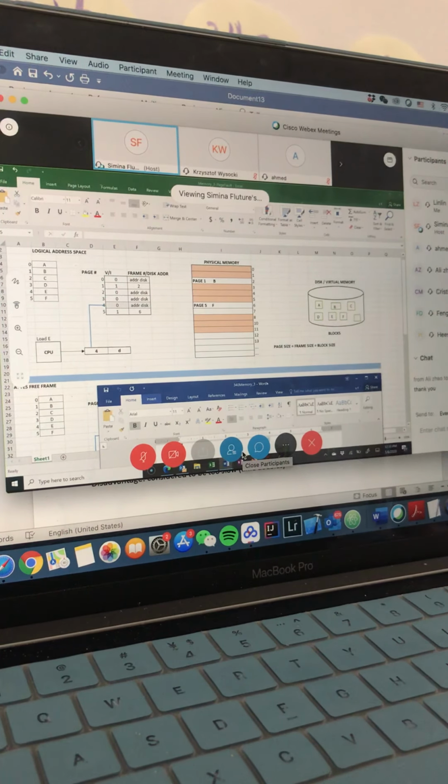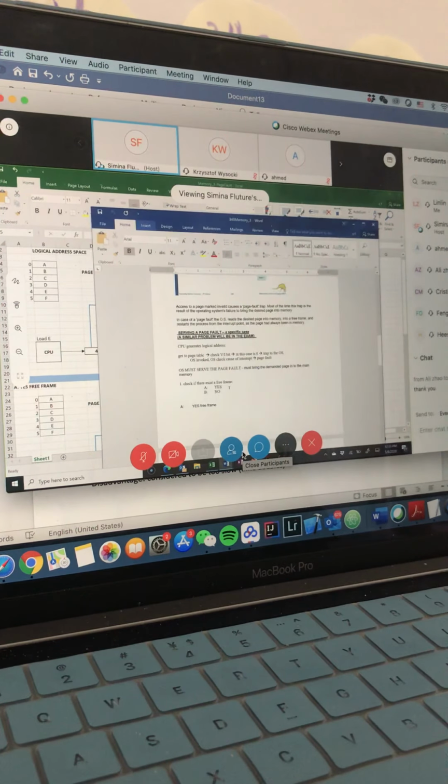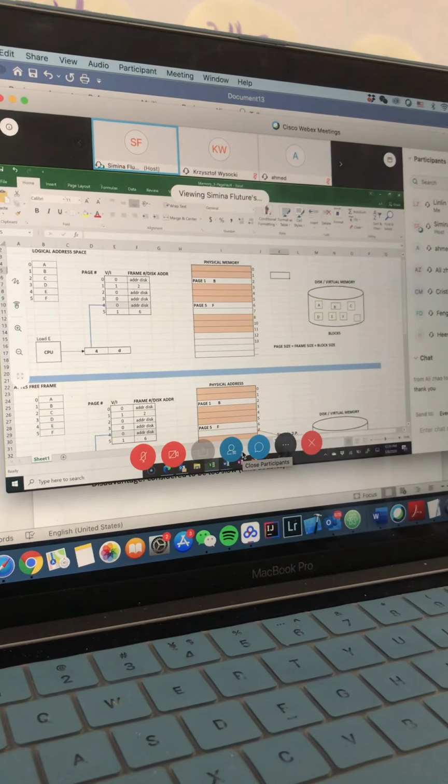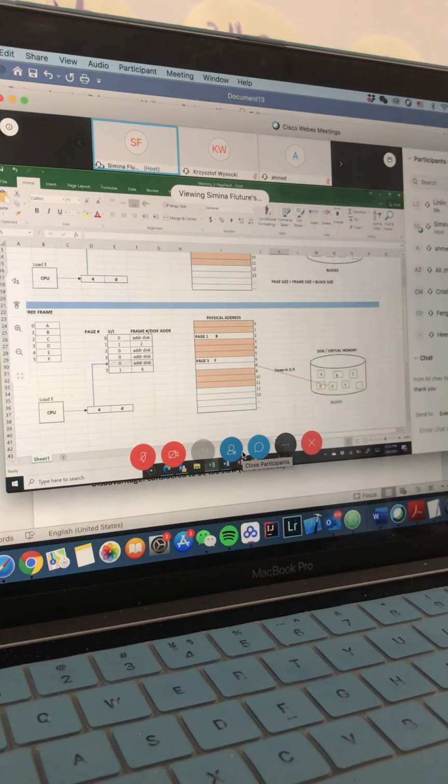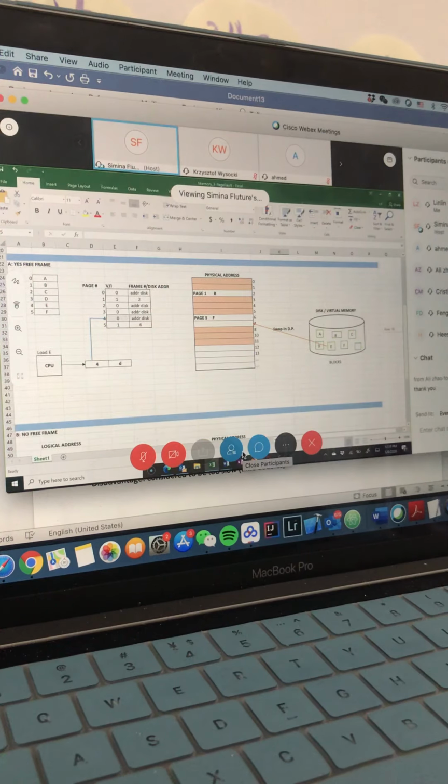So we have A and B. A is for free frame, B is for no free frame. So we're going to start with the first situation where there is a free frame in the main memory, and our demanded page can be copied into that free frame. So this is our case A.